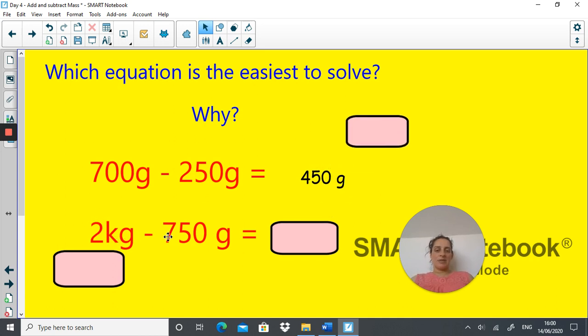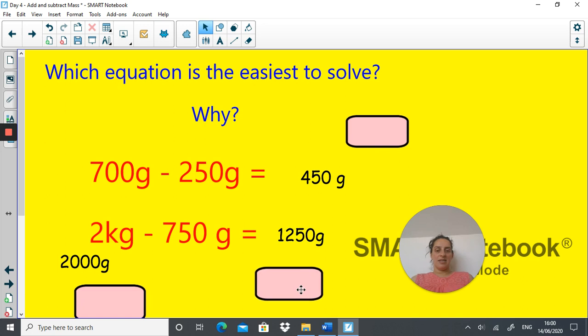2 kilograms take away 750 grams. It's hard to get your head around because you're not using the same unit of measurement, using kilograms and grams as opposed to just grams. So you have to convert the 2 kilograms into grams, which is 2,000 grams. Take away 750 grams, which is easier. The answer is